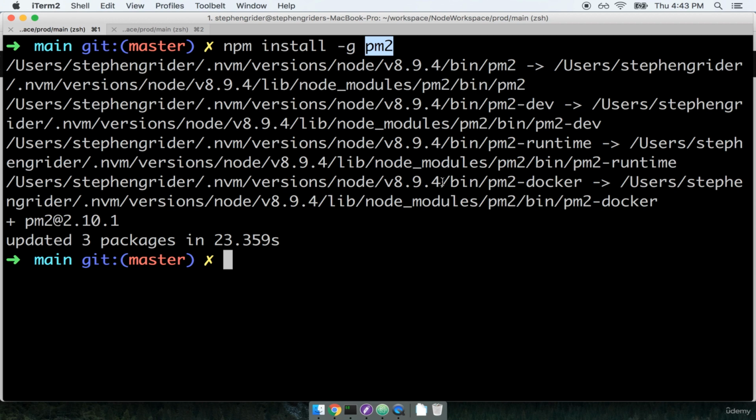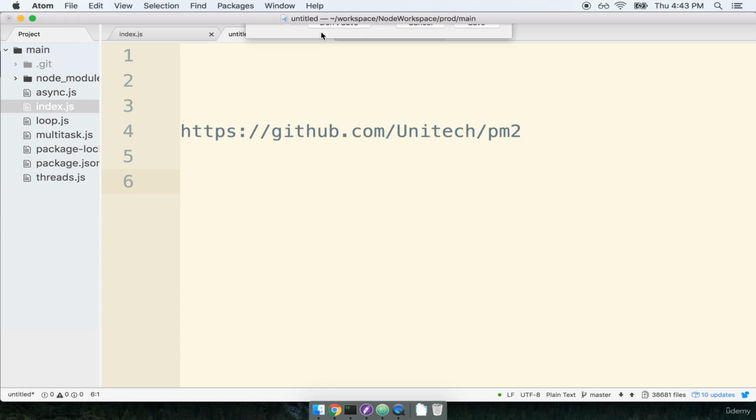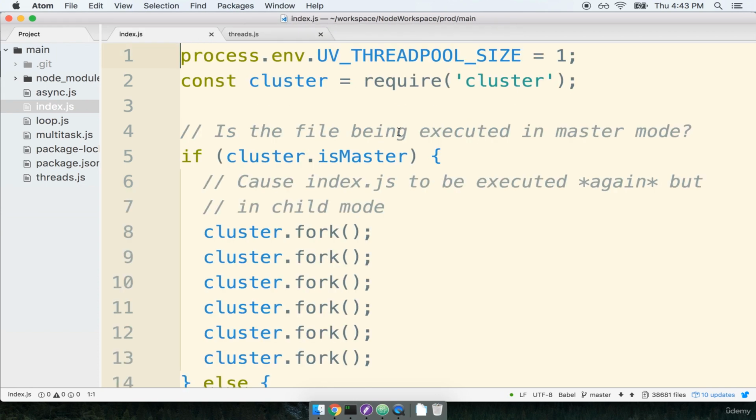As I was gushing about it in the last video, it really is a pretty nice piece of software, very widely used in production deployments. So in this section, we're just going to get a little bit more familiar with how it works. Before we actually try it out, however, recall that inside of our index.js file right now, we still have a